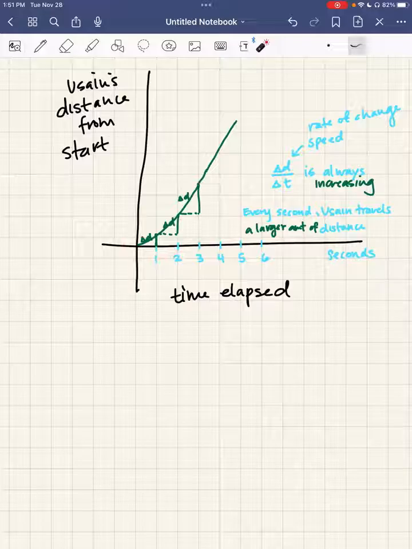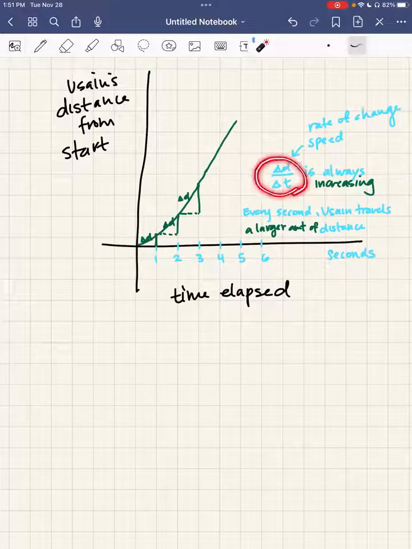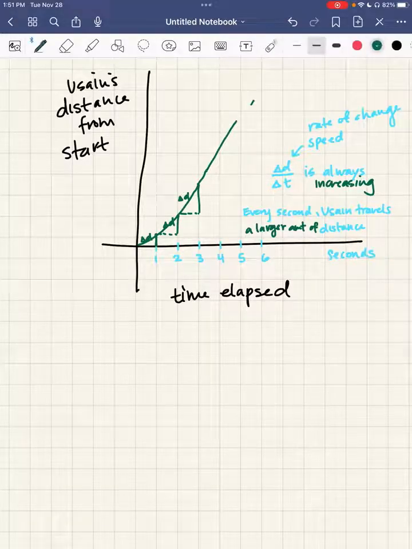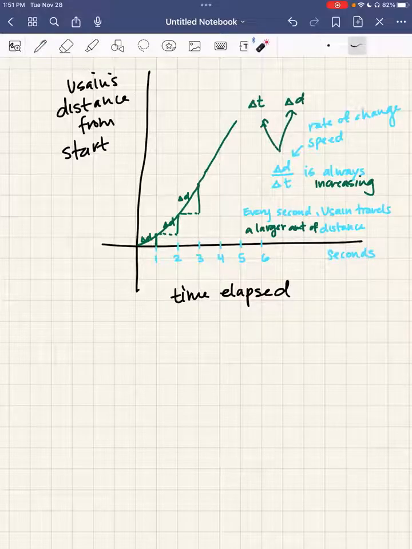And so the way we could justify why we draw the graph the way we do is because we can say, hey, every second his amount of distance covered is getting larger and larger, right? Which again means speeding up. Because really what we're doing is we're breaking our speed up into its two different pieces. Because that's really what's going on. I mean, really speed is just looking at a ratio of two different quantities.